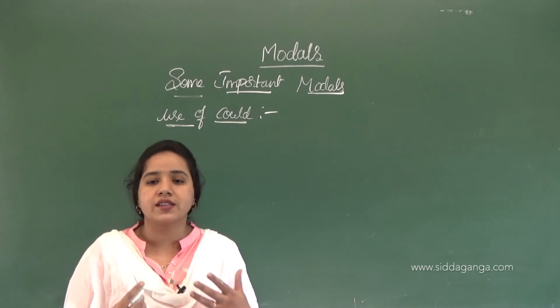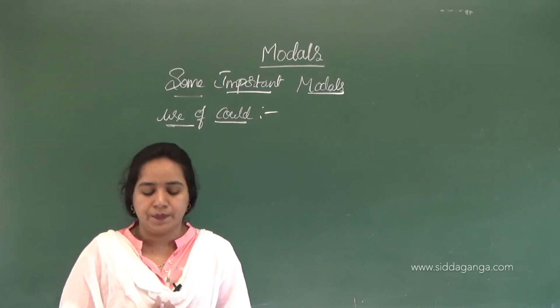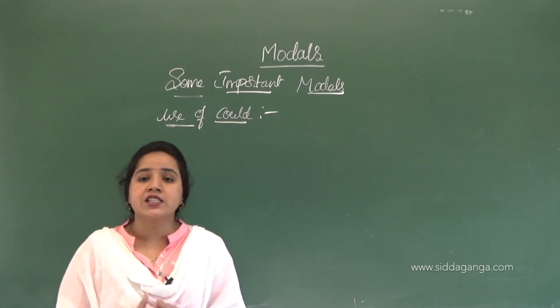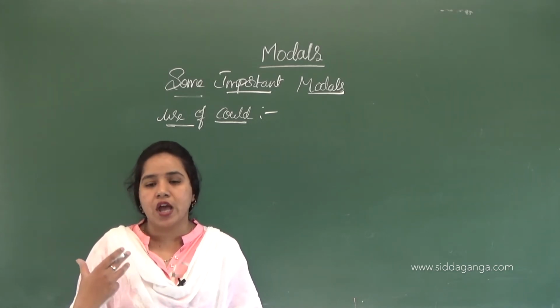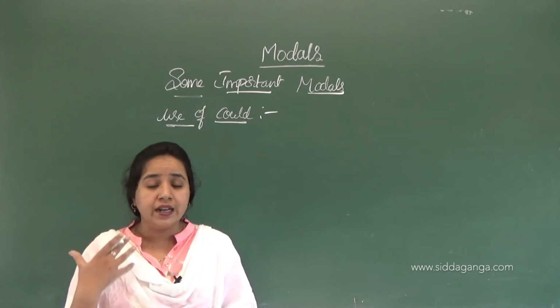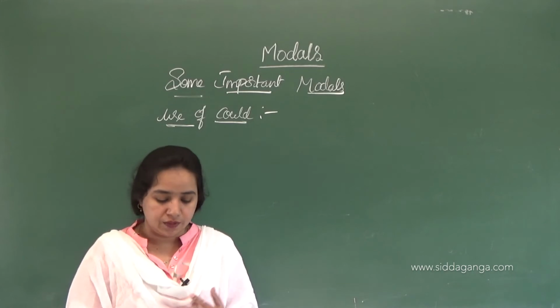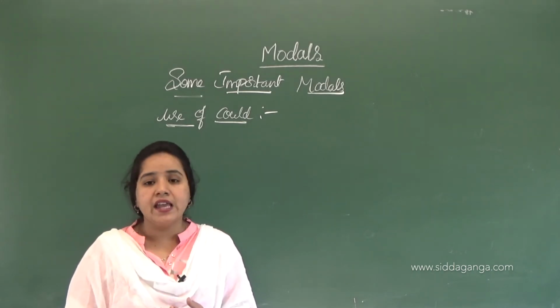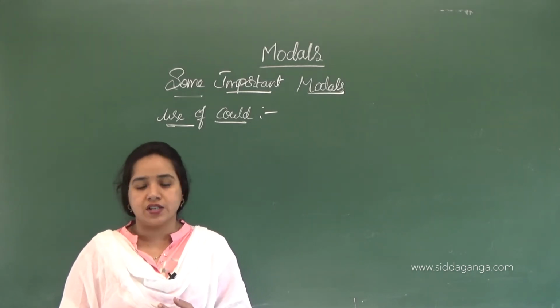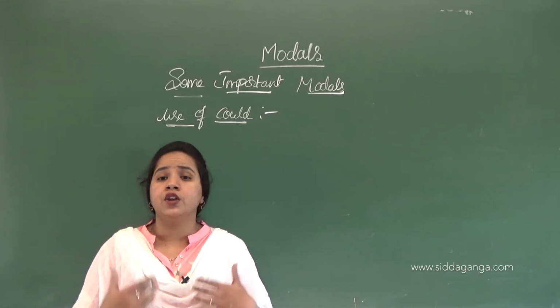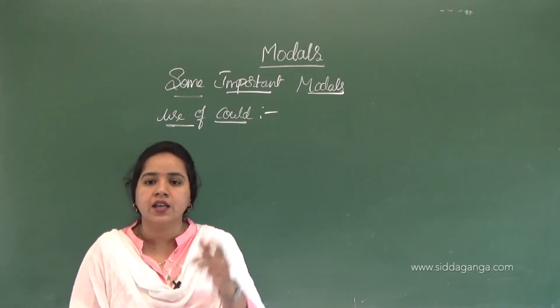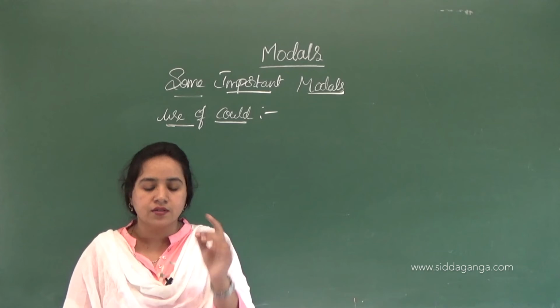So when we are discussing our past ability, and it expresses possibility. I have told you about possible things. Possible things are going to happen in the future, so in that case we can use this could. And also to make a suggestion. If somebody is giving a suggestion, or if you want to give a suggestion to somebody, in that case you use this could.